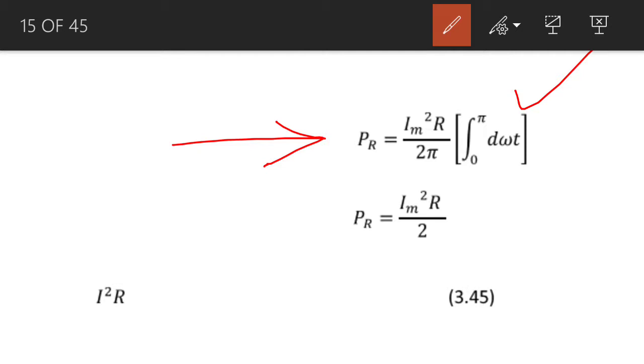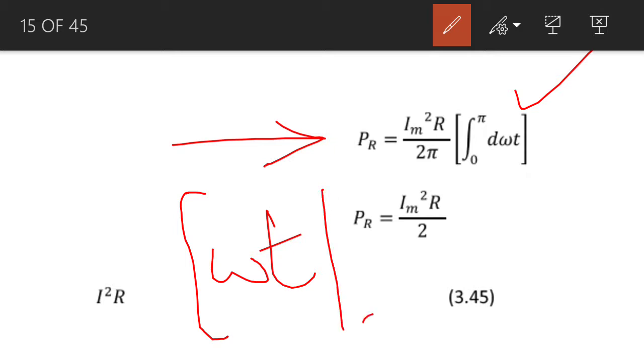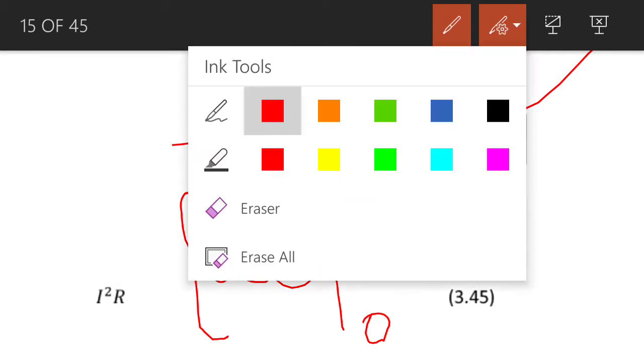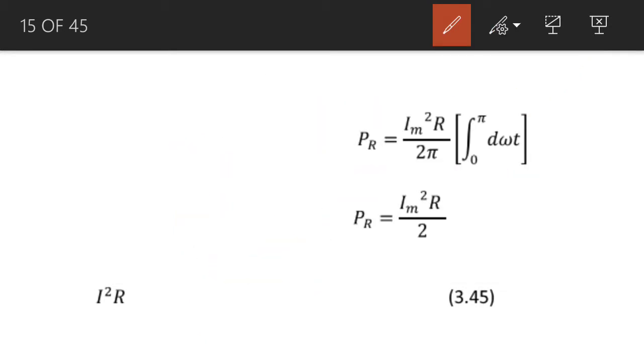The limits are 0 and pi, and we know that the integration of d omega t is omega t, and the limits are 0 and pi. So if we simplify this integration, the average value of the power will be equal to Im square R by 2,